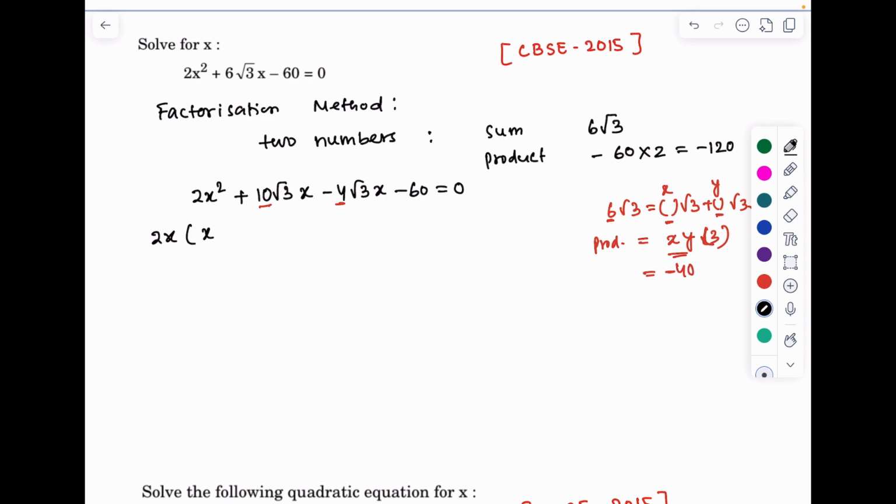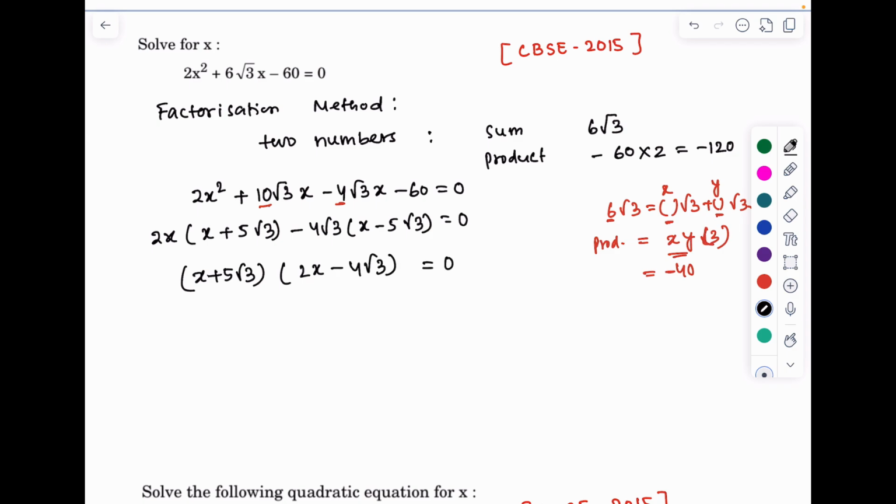Now we will get, if we take 2x as common, that is x plus 5 into root 3, minus 4 into root 3, if we will take as common, that is x minus 5 into root 3, that is 0. That is equal to 0. And now if we write taking x 5 by 3 as common,